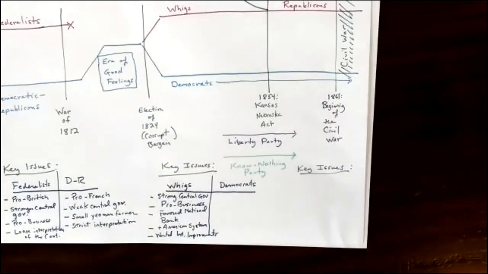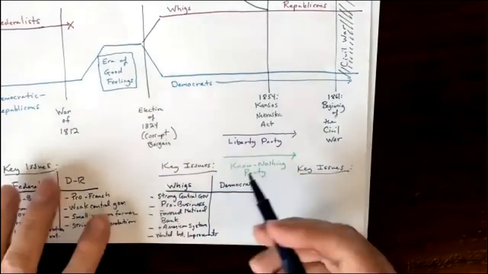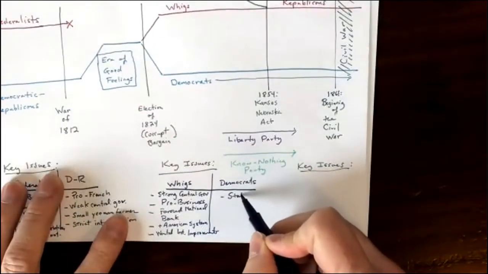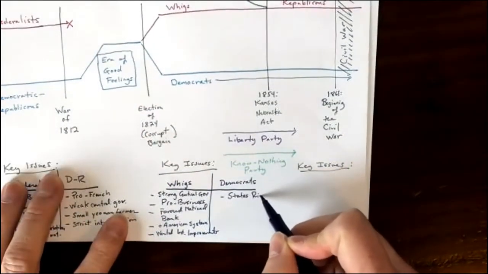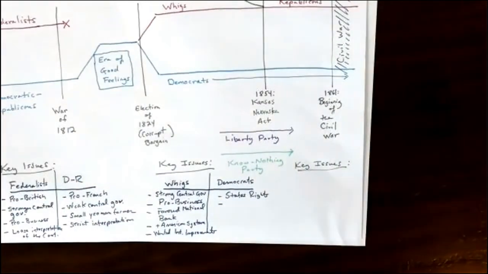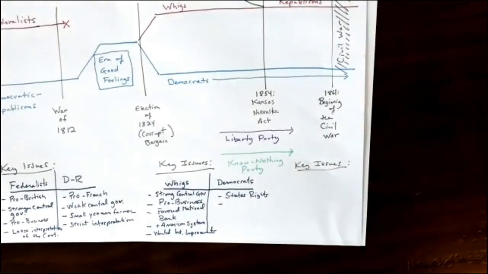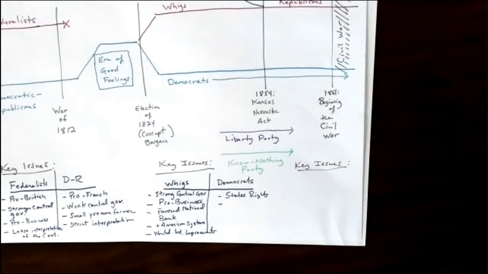So let's talk a little bit about the Democrats under Andrew Jackson. The Whigs kind of look like the old Federalist Party. The Democrats during this time period are in favor of states' rights. So they think that states are more powerful. Some Democrats, like John C. Calhoun, would even go as far as to say that the states have the right to nullify laws. Very similar to